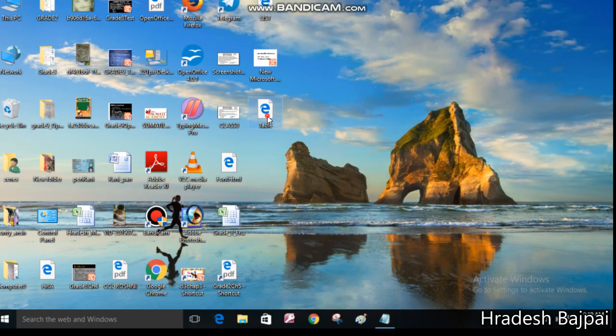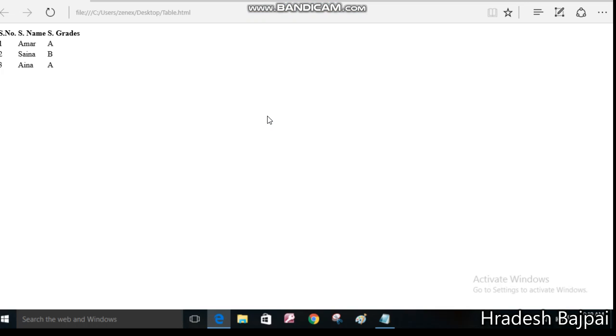So here is my table. It is already open in the web browser, so you all can see this is my table. There is no border because I didn't specify any border, that's why it's coming in normal format. There is no border in the table, and the position of the text is just the top left corner. For this you have to change the position, you have to set the alignments. That I will do right now.